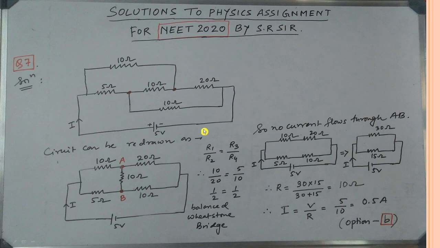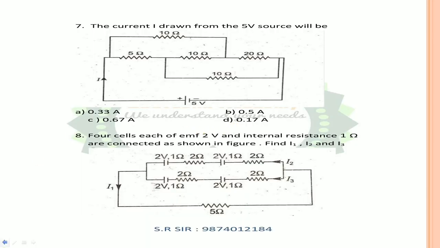So this is the circuit given. Now we have to simplify the circuit. Now watch carefully. These 2 points are to be noted, this point and this point. So the current is coming from this positive terminal going like this. Now it has 2 paths. Either it can go like this, through 10 ohm to 20 ohm and come back, or it can go like this, 5 ohm, 10 ohm and come back.